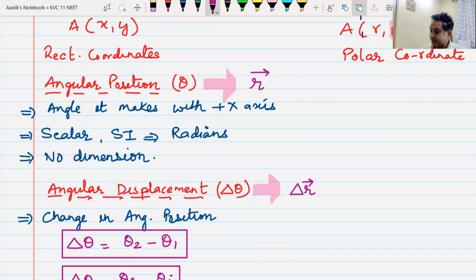So angular position is telling us the position of the particle in circular motion. Position vector was telling us the position of the particle in your motion in 1D and 2D. Angular displacement tells us the displacement of the particle, or the change in angular position. The original displacement delta r was also telling us the displacement. It was in 1D, 2D motion. This is in